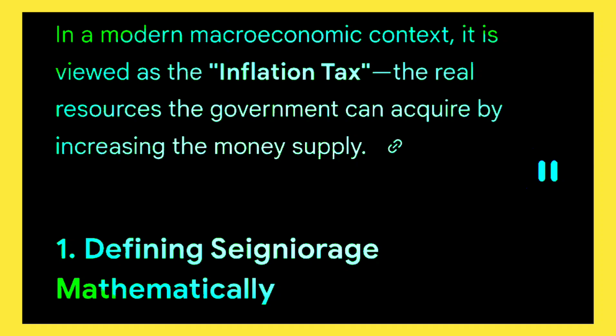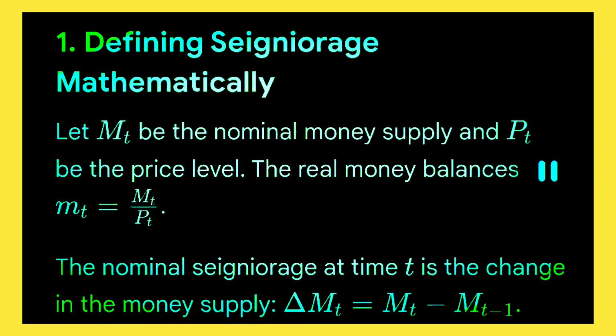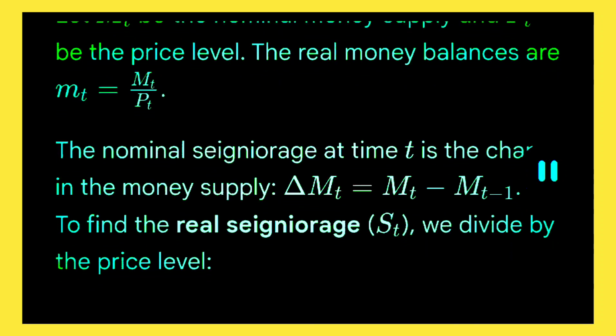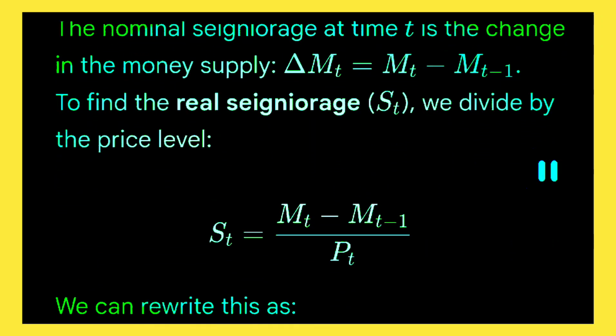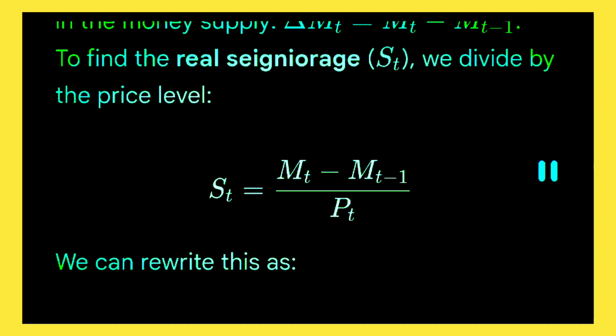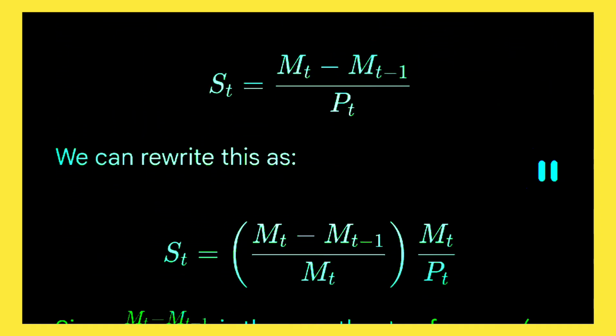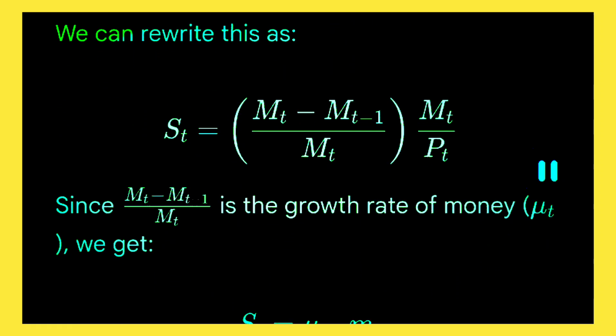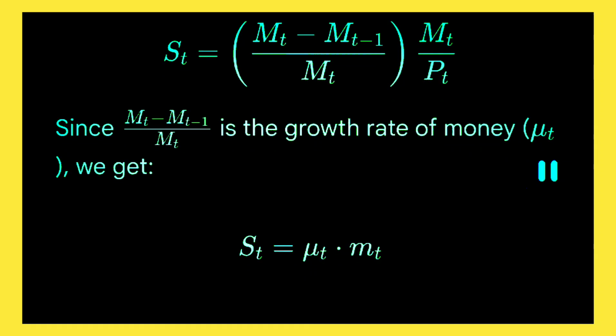1. Defining seigniorage mathematically. Let M_T be the nominal money supply and P_T be the price level. The real money balances are m_T equals M_T over P_T. The nominal seigniorage at time t is the change in the money supply, Delta M_T equals M_T minus M_T-1. To find the real seigniorage, S_T, we divide by the price level. We can rewrite this as, since (M_T minus M_T-1) over M_T is the growth rate of money, mu_T, we get